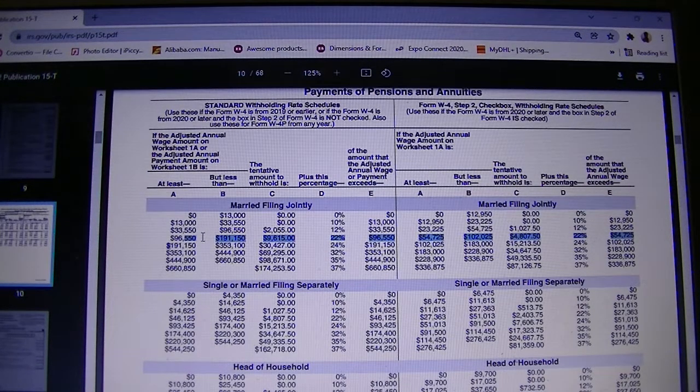So whatever the difference is, times 22% will give you a dollar amount. You add it to 9,615 to find the total income tax for that year, and you divide it by 12